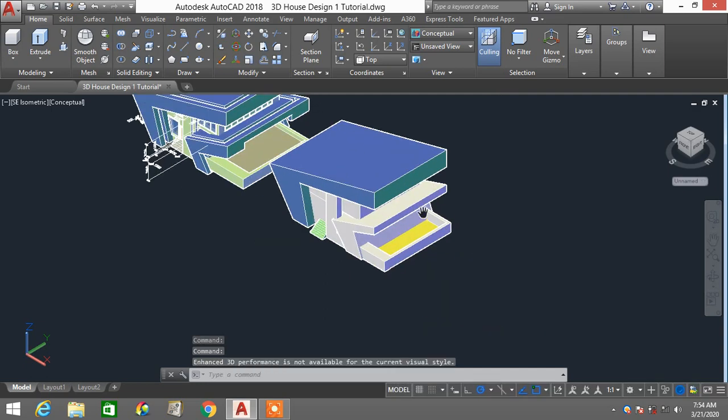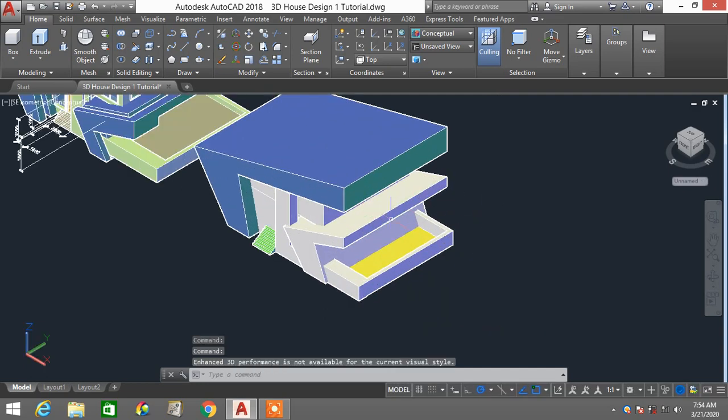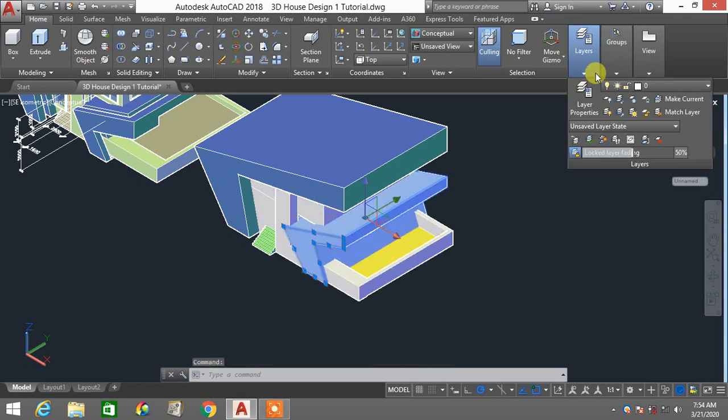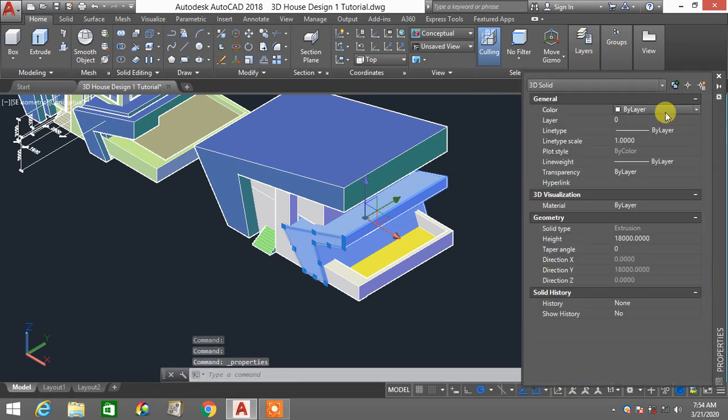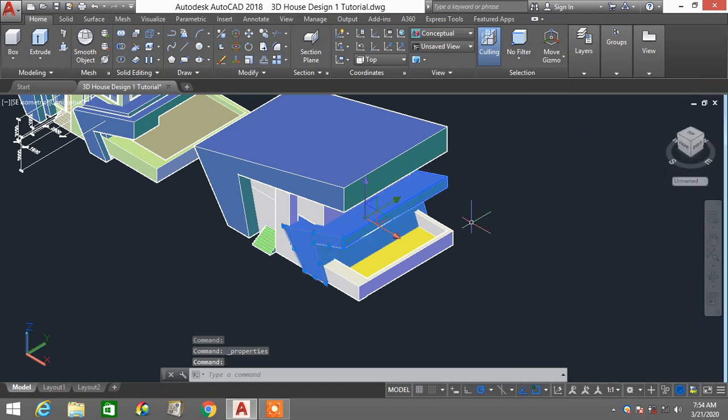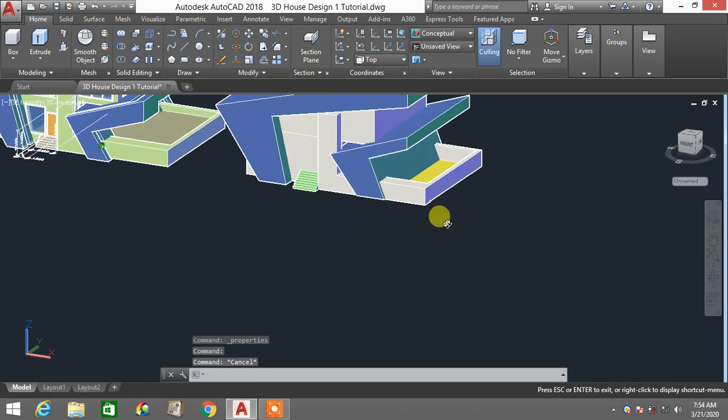So to differentiate this roof part with the walls, you can just select this, right click, properties, and just change it to blue color. Okay, so you've done the blue rooftop, the blue roof for this part,